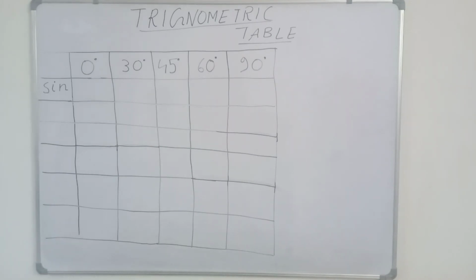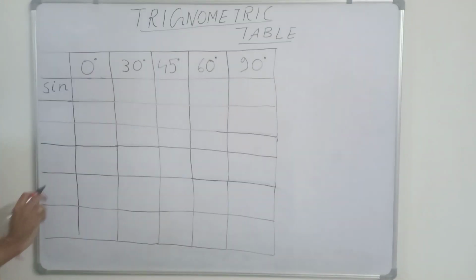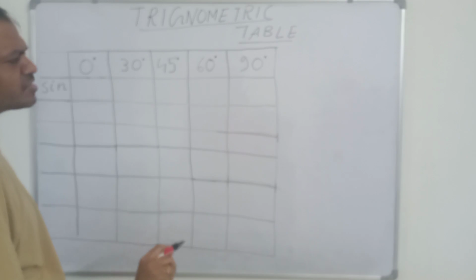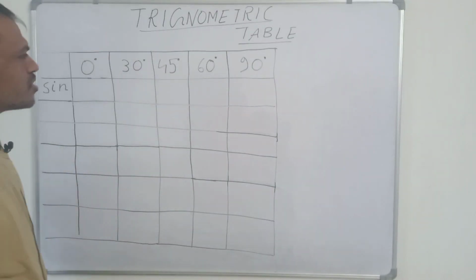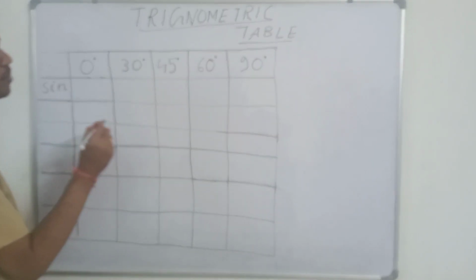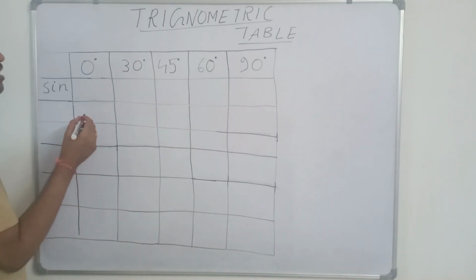In this video we will learn how to learn the trigonometric tables most easily. Most teachers try to derive this trigonometric table, but there is no need to derive it. You just have to remember this. No one will ask the proof for trigonometric tables. So the trick is that you have to learn only the values for sine and the rest you can find yourself.